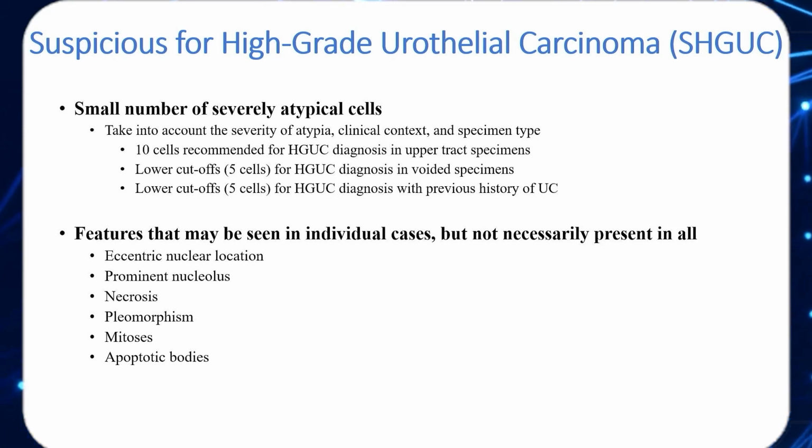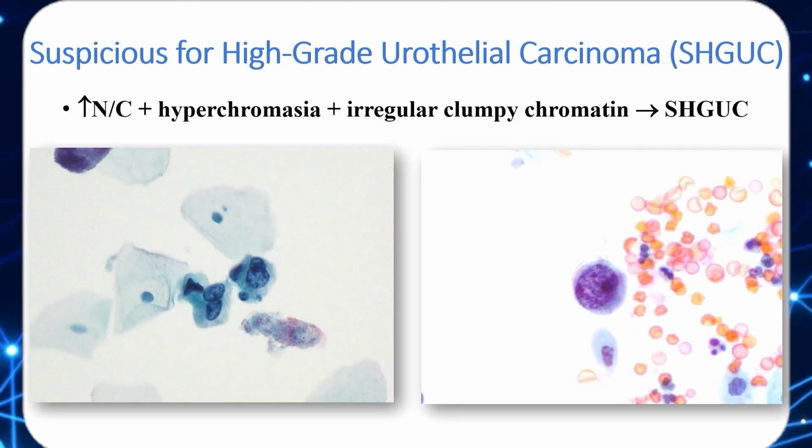But aside from these main criteria, there can be other features that can be noted on individual cases, such as eccentric placement of the nucleus, prominent nucleoli, necrosis, and pleomorphism. Again, these are features you all know would be noted in cases which are indicative of a malignancy. Some examples here. Basically, you can see that if this is the only grouping you would find in your sample, just 4 cells here or so, giving you NC ratios which are on the higher side,